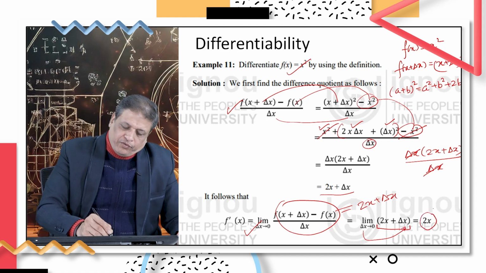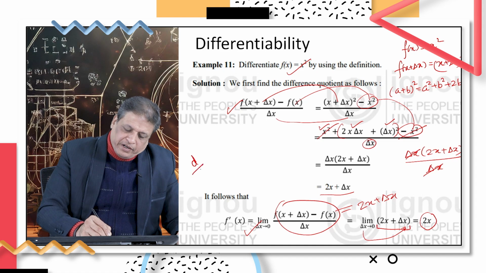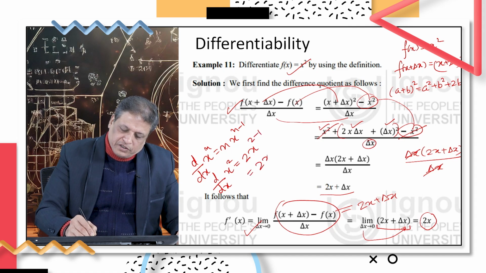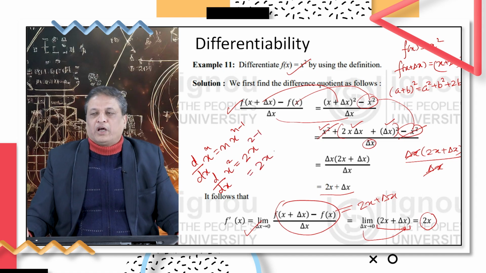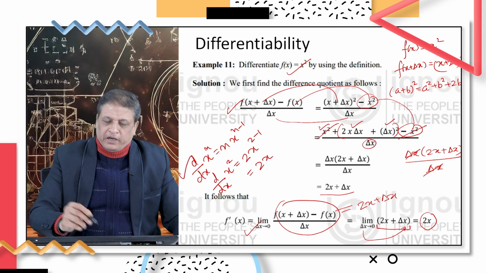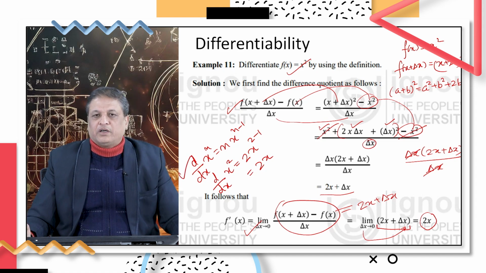But the direct formula, you can see that the derivative d dx of x to the power n is equal to n x to the power n minus 1. Applying this formula, you will get d dx of x square is equal to 2 into x to the power 2 minus 1, that is 2 into x. So we are going to use the formulas also, but this is the fundamental mechanism to define the derivative of